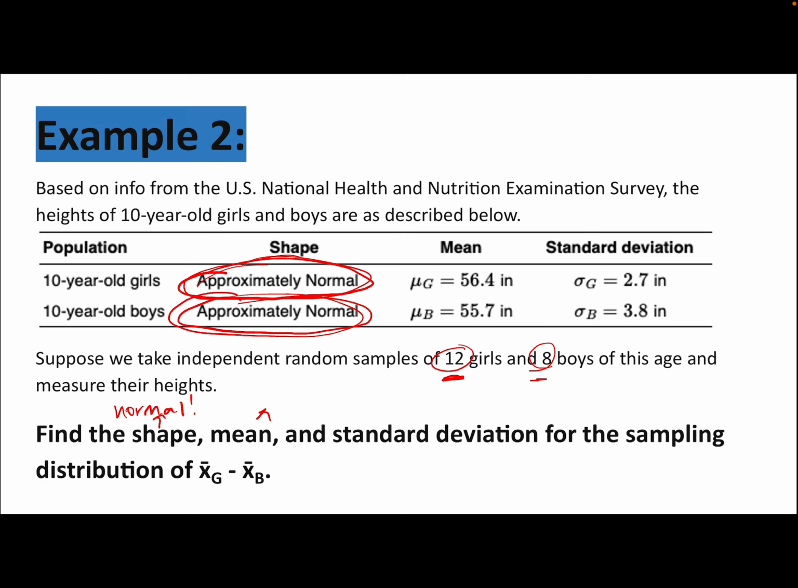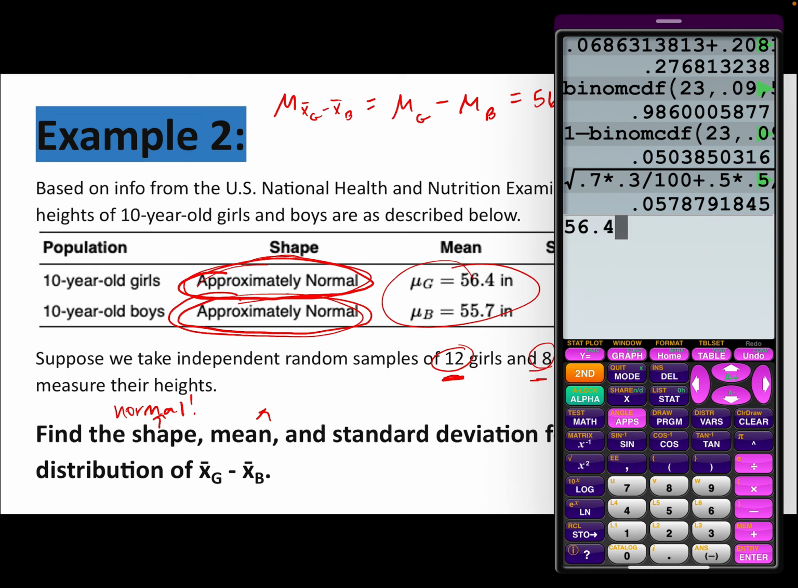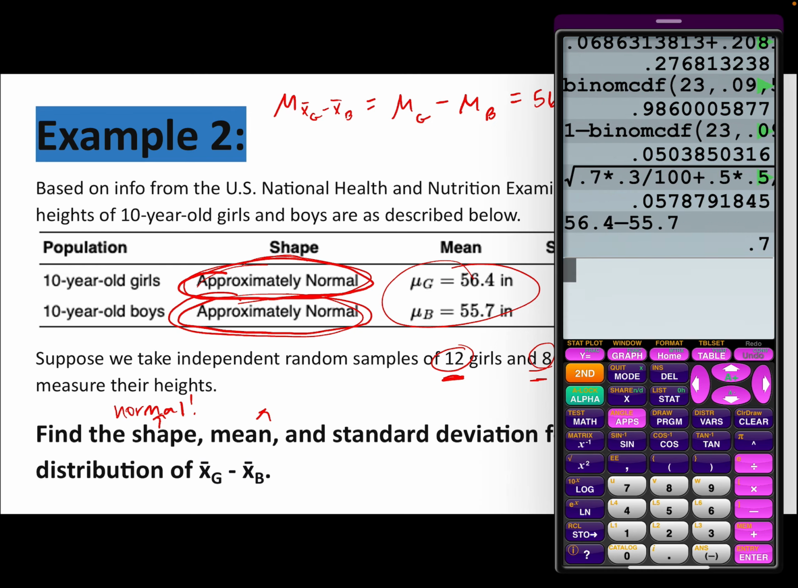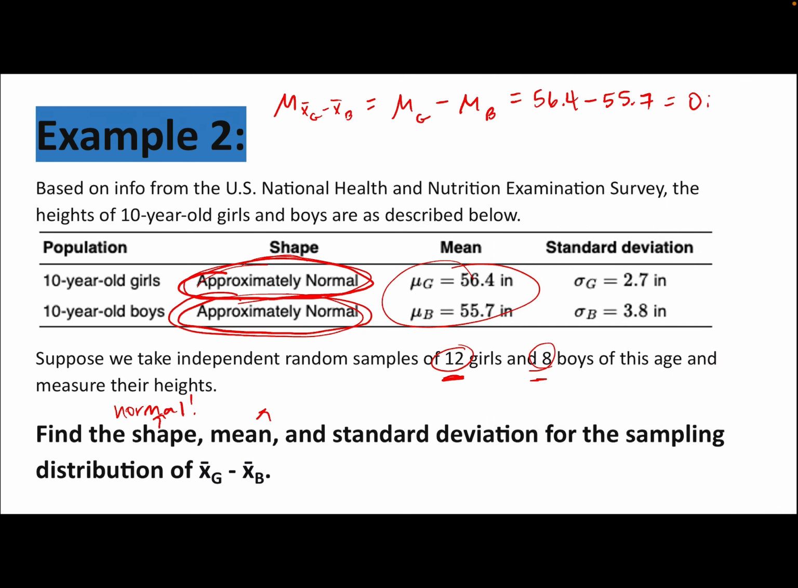Mean, all right, our mean formula, I'll do mean up at the top here. So mean of x bar g minus x bar b would basically just be the means of both subtracted. So I'm just going to take the population mean right here. So 56.4 minus 55.7 is 0.7. So the mean of that differences sampling distribution should be about 0.7. Right? And then our standard deviation of the differences